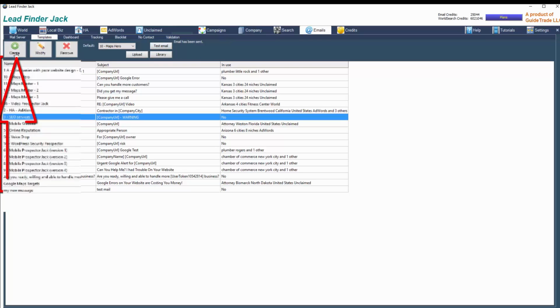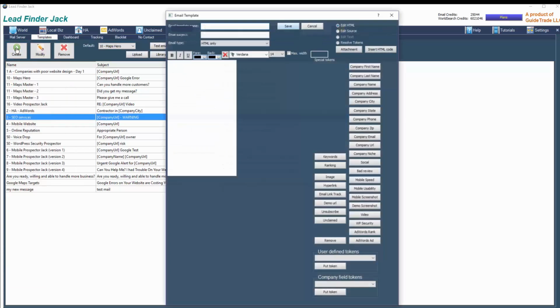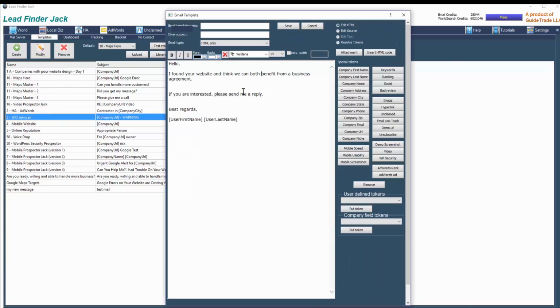You can also come over on the left side here, click on the button and create an email, and it'll bring up a little basic email, and you can modify this or use it just as it is or delete all the information and add new. And you want to give it a name and a subject. We'll set the maximum width as 400,